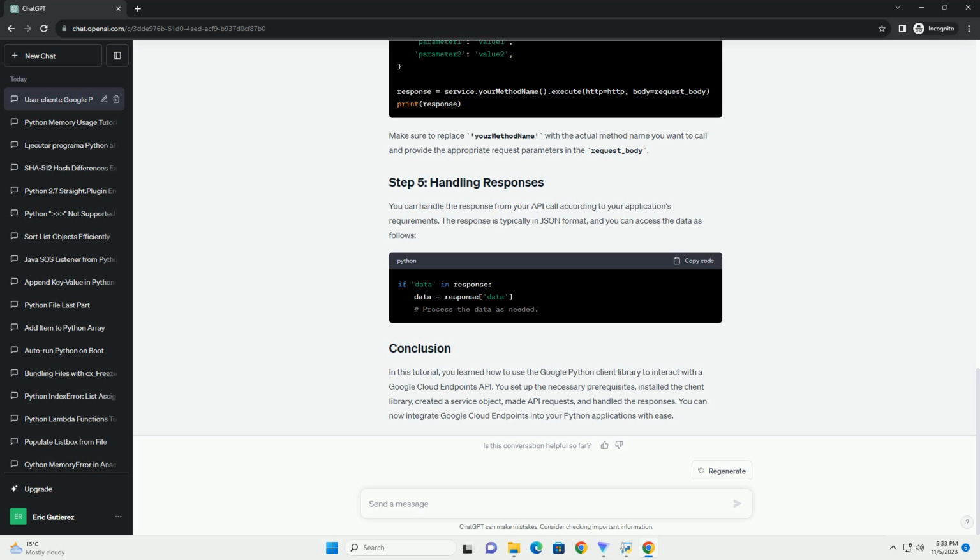Enable the Cloud Endpoints API. Create a new API using the Endpoints Frameworks option. Define your API's configuration using an OpenAPI spec or manually in the Cloud Console. You can specify your API methods, their request and response types, and other settings. Deploy your API. To interact with your Google Cloud Endpoints API using Python, you need to install the Google Python